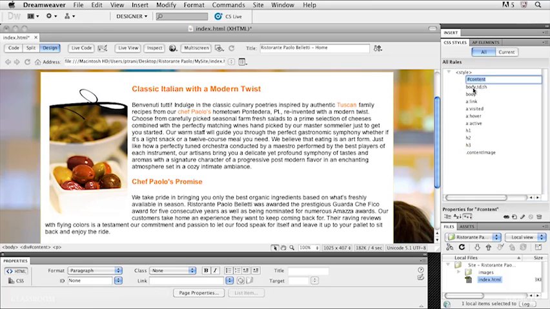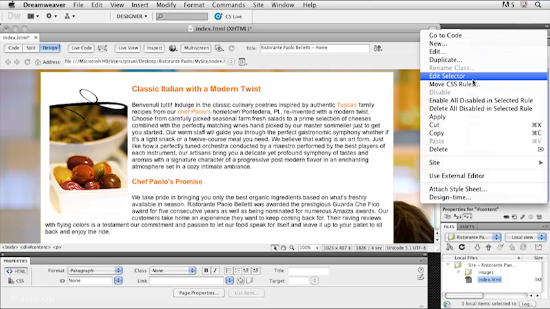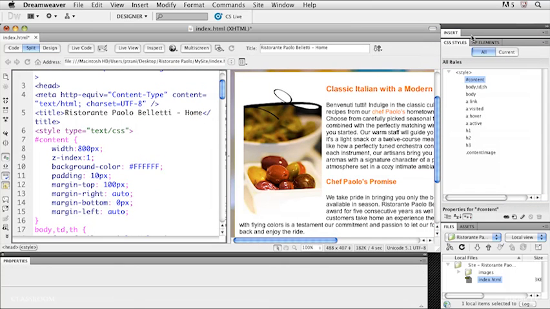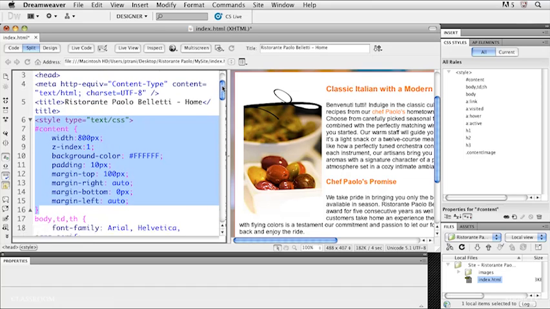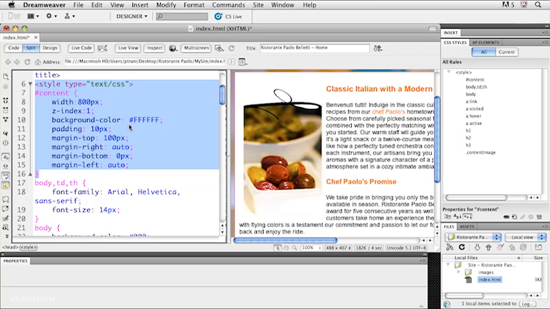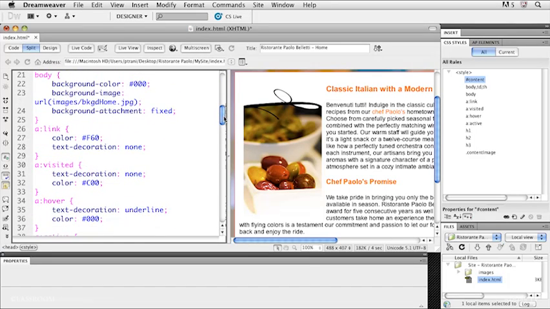If I select any one of these elements, I can even select content, and I'll just do a right click on it. So do a right click or control click if you're on a Mac, and then select Go to Code. That will change your layout view to split view. And sure enough, it takes me to that CSS right up there. It takes me to that specific rule, that rule definition,